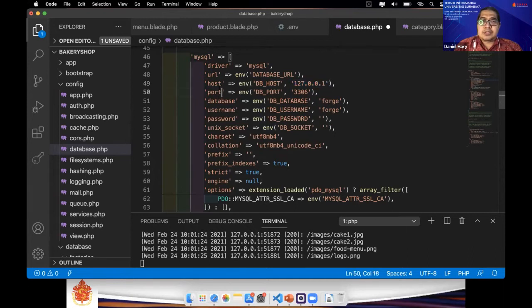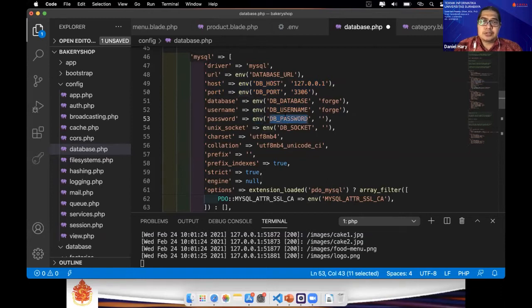Also the port, maybe in our MySQL it is still the default, so we will focus on the database, the username and the password. It also uses the env file for the database variable, for the DB username, and for the DB password.